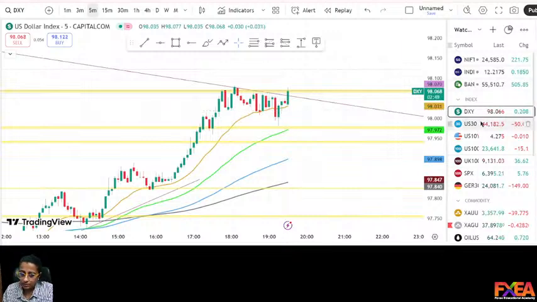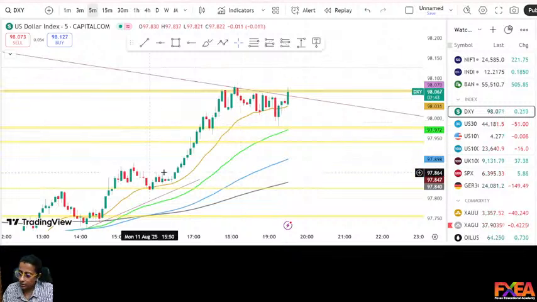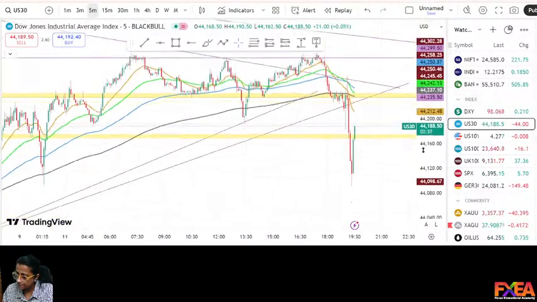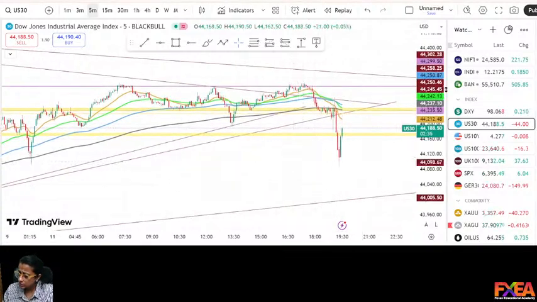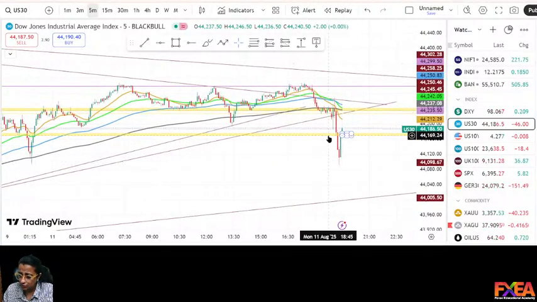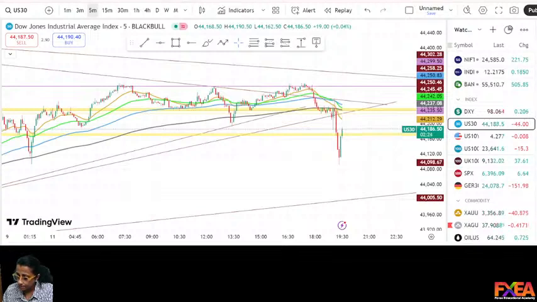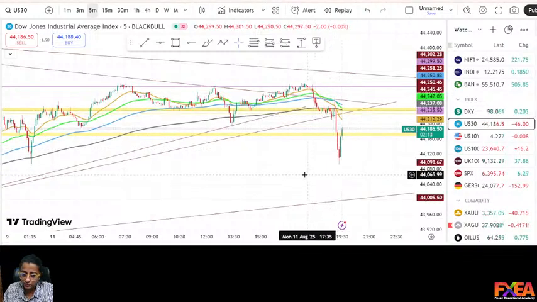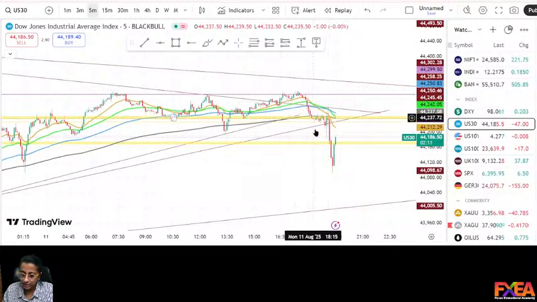In the meantime, gold is showing some slight bullishness with a doji. Okay, let me see what is happening with the US 30. Usually US 30 and US 100 both have some negative correlation with the dollar index, but if you notice today, the US economy is having some positivity, that is why US 30 is also showing some positivity here.